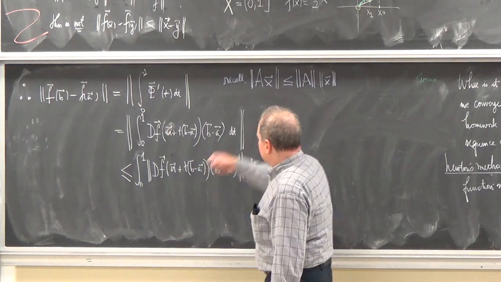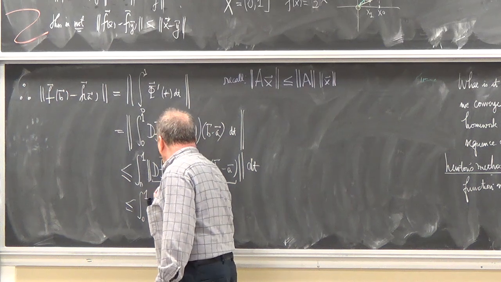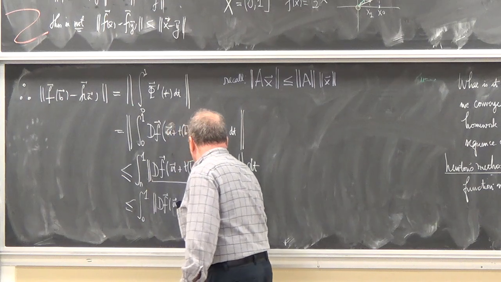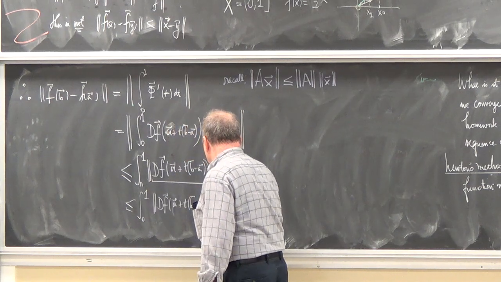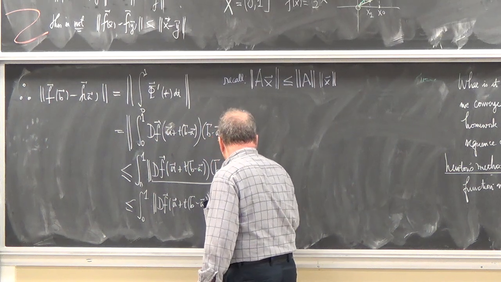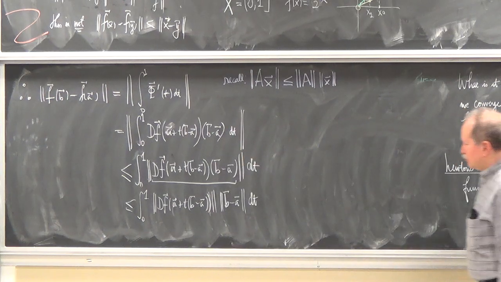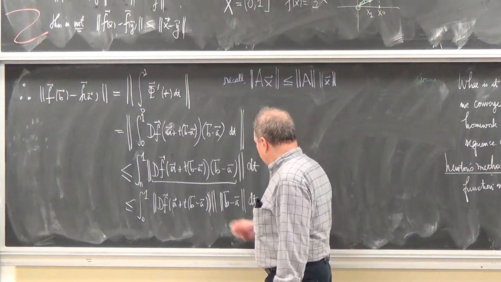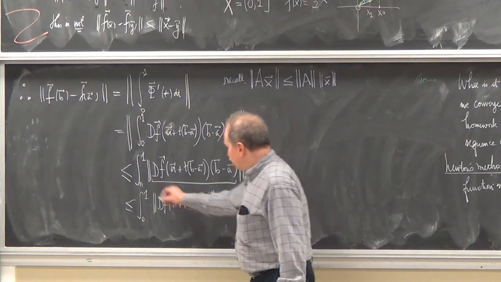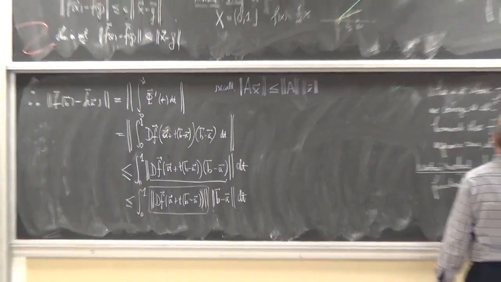Well, what did we just say about the magnitude of this vector? The biggest it can be is the norm of the derivative matrix times the length of the vector b minus a, and then I integrate dt. Well, b minus a is constant. And what do I know about this? Well, it's less than or equal to